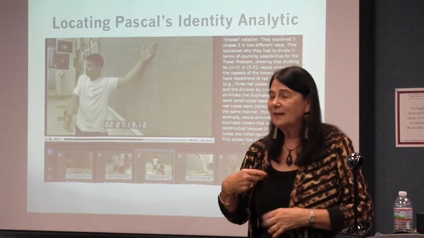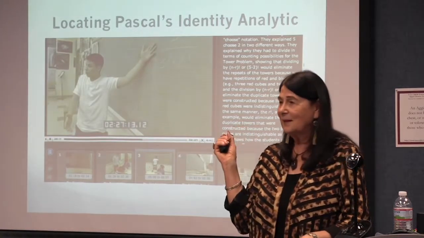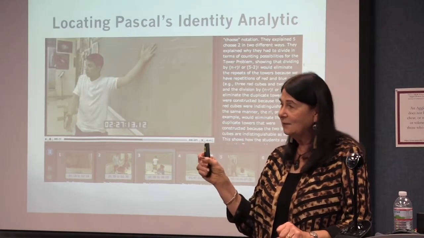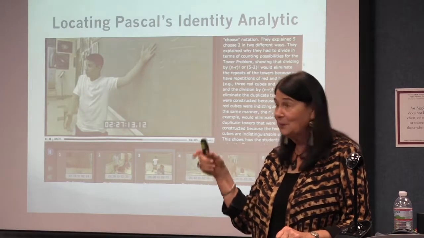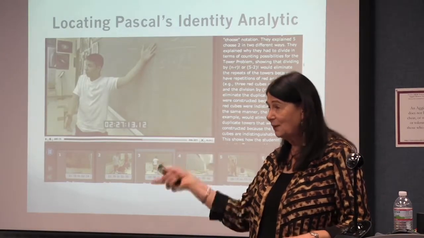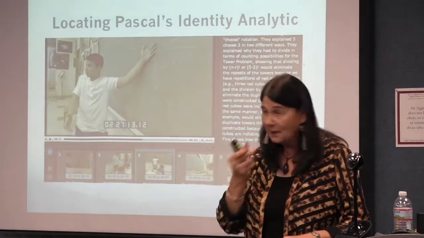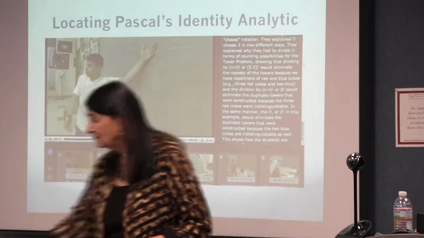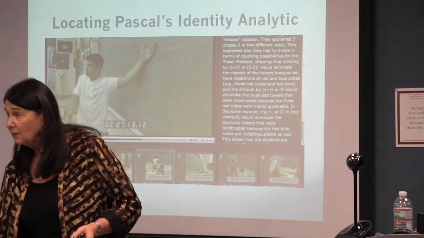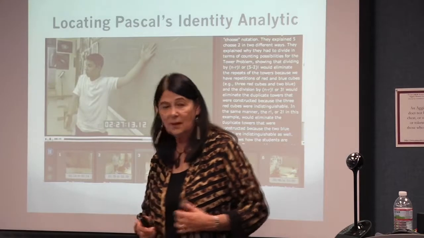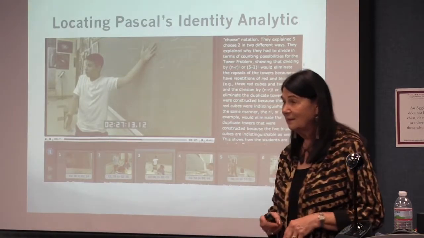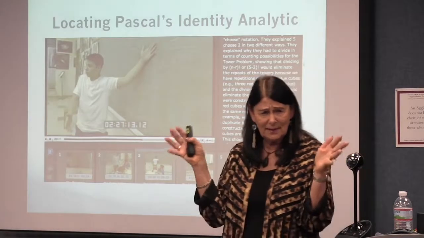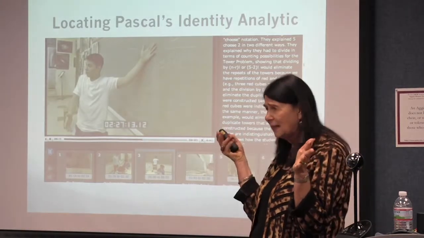That's kind of interesting, because I have another analytic that I'm going to show you of Stephanie, who's making sense of the binomial. You hear binomial, a plus b quantity squared, a plus b quantity cubed, a plus b raised to the nth power. How Stephanie's making sense of that, relating it to her tower building, relating it to some other problems, and relating it to Pascal's identity. And this is over a series of events. Look at the multiple connections that are being made here. Think of the richness of these connections.